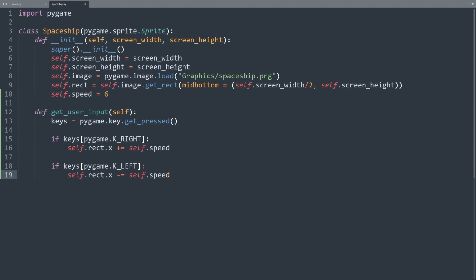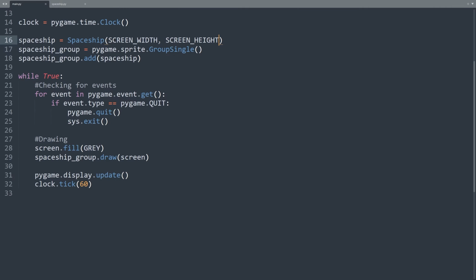Now let's create an update method that will be called on every frame to execute this new logic. def update(self). For now, all we have to do is to call the getUserInput method, self.getUserInput(). Now let's navigate back to the main.py file and call the update method we just created.